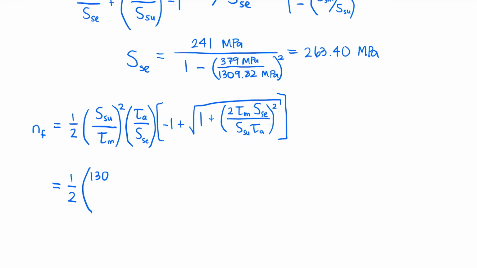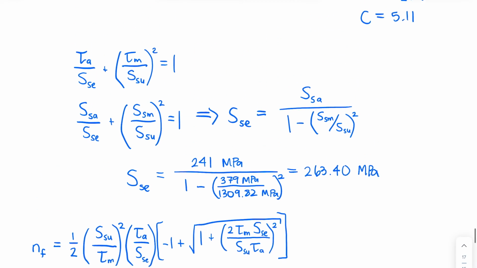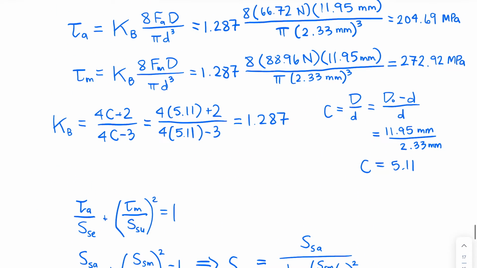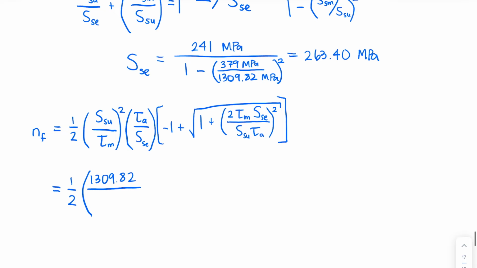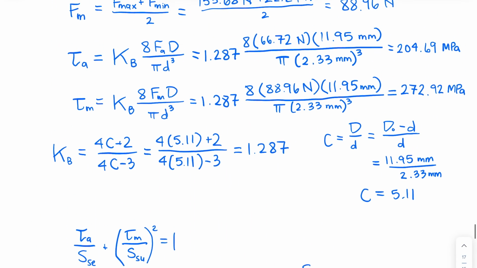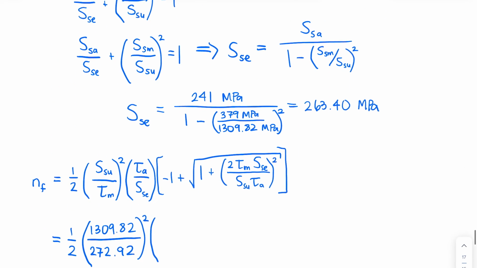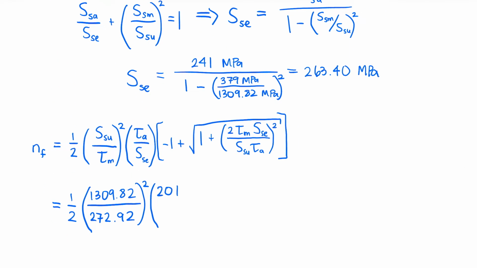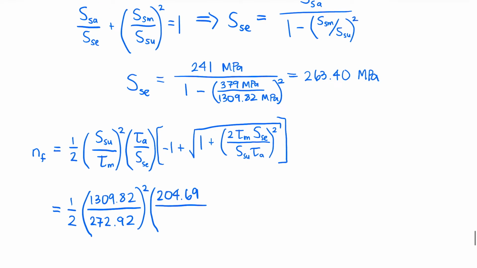Torsional modulus of rupture was 1309.82, and my mean shear stress is 272.92. Squared. Alternating shear stress was 204.69 divided by the endurance limit, which was 263.40